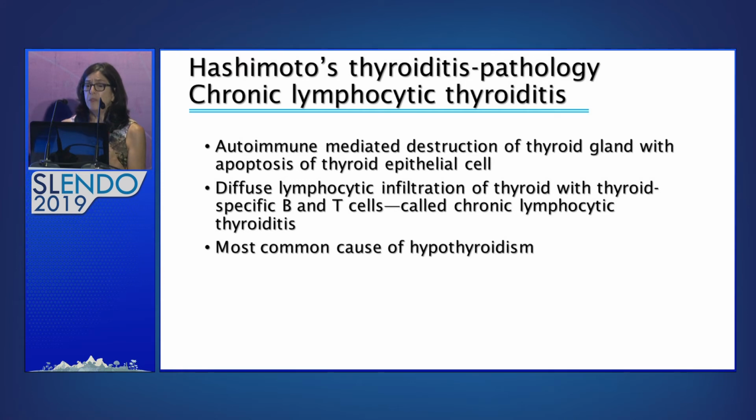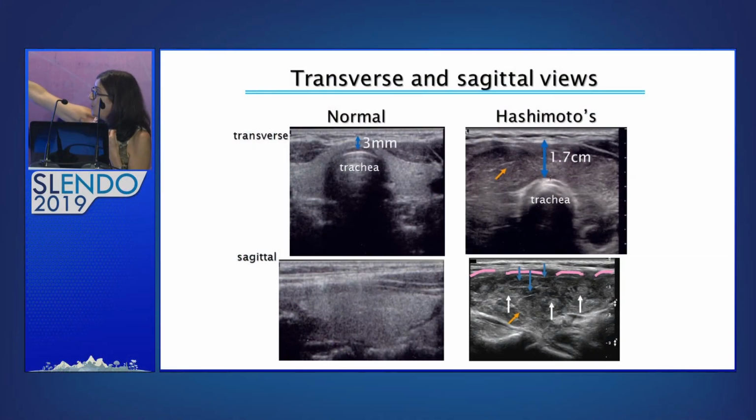We know that Hashimoto's thyroiditis, the most common cause of hypothyroidism, is mediated by autoimmune destruction of the thyroid cells that involves both humoral and cellular immune destruction. So we call it chronic lymphocytic thyroiditis. Lymphocytes are present. Here is a normal thyroid on the left and a Hashimoto's thyroid on the right. The normal thyroid has a very thin isthmus. The Hashimoto's has a very thick isthmus of 1.7 centimeters. The normal thyroid has that very bright white-gray texture. The Hashimoto's thyroid, and this patient has a normal TSH, she still has enough functioning thyroid, has this